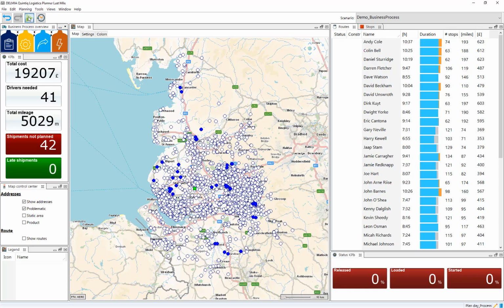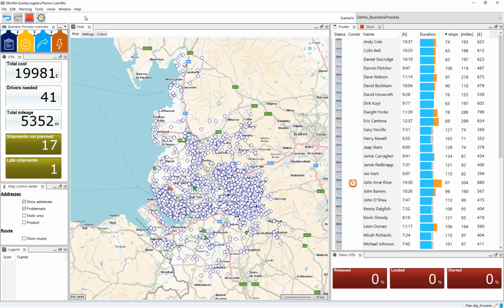But what we can do is we can ask our optimizer to actually plan these orders. And you can nicely see now that the optimizer basically planned in most of these shipments immediately. But you can also see that in the meantime, we received another small batch of shipments that needs to be updated, and what the optimizer is now doing in the background. And you can nicely see that with this status button is it tries to plan in all the orders which